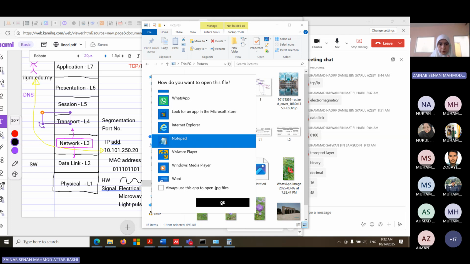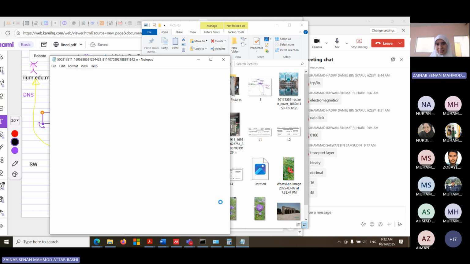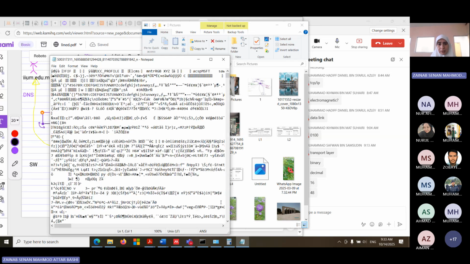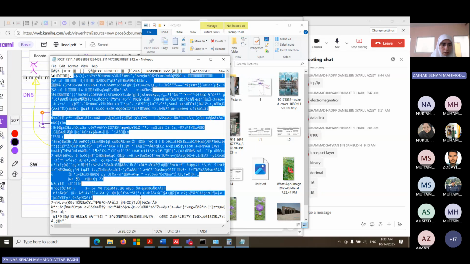We know that it will open. However, the way it's presenting the data is not useful for the human being. You can see here, all these are real data. It's opening the data, and it's the correct one. But how it's presenting the data is wrong. We cannot use it simply.